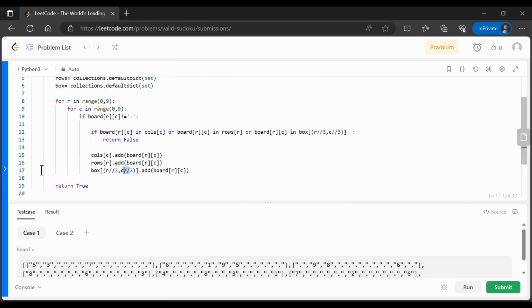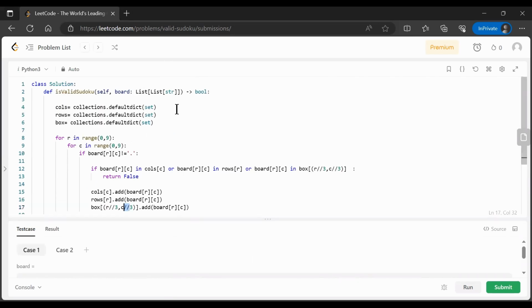Let's talk about its time and space complexity. In this case, we are defining a column, row, and box dictionary. So in each case, it is taking 9 space for the keys, and then 9 for its values also, because each column can have 9 further entries. So in short, it will be 81 here. The same will be applicable for the rows and the boxes. Now if we see, we have not defined any other variable. So in short, total space complexity will be order of 81 plus 81 plus 81, which we can say is